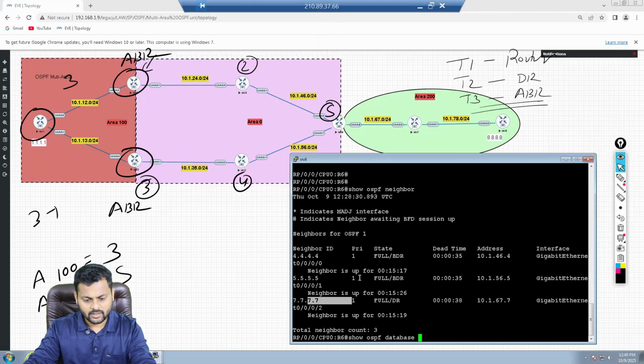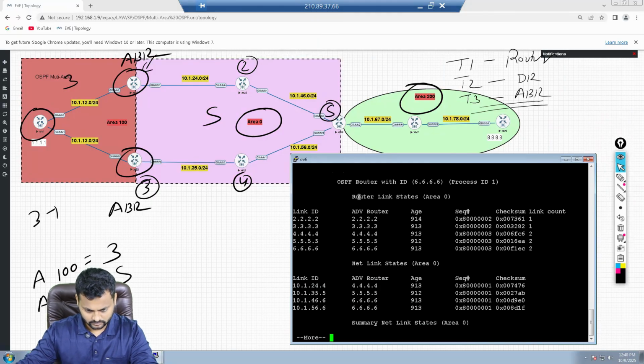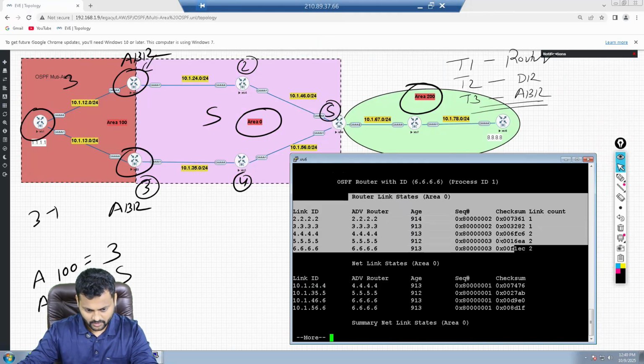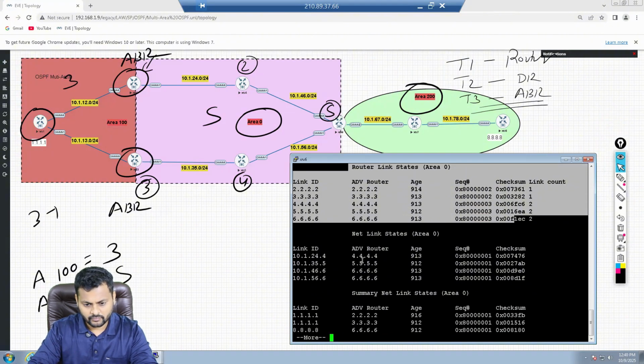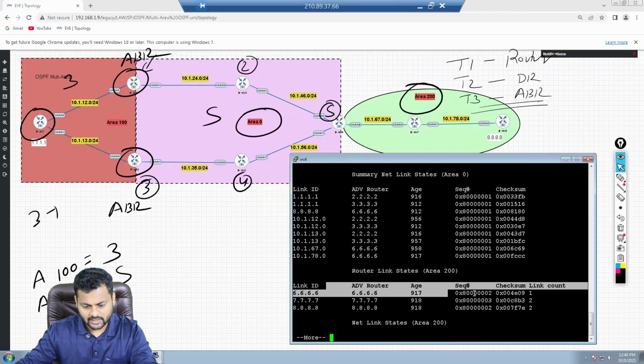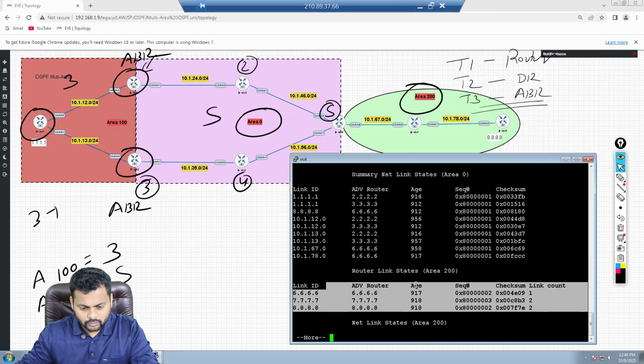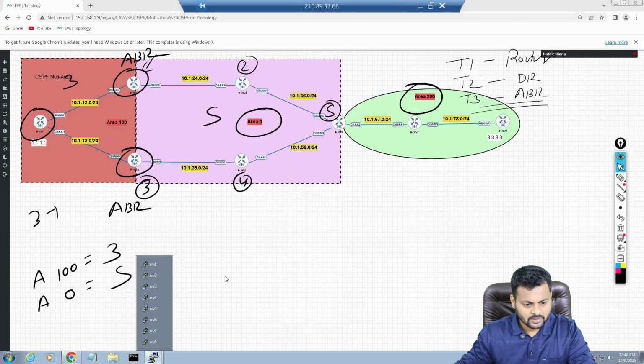In that case, you will have 5 router LSAs for area 0, and 3 router LSAs for area number 200. All good: 1, 2, 3, 4, 5. And for area number 200, we have 3 routers. All good. Now, same way, we can verify the network LSA as well.